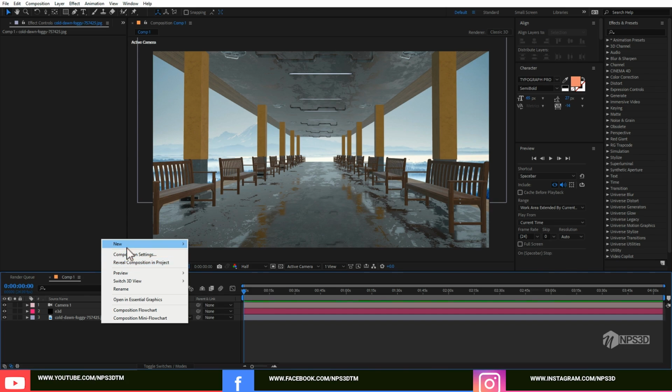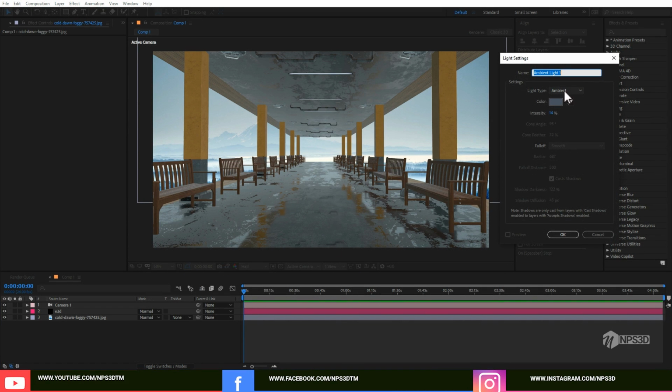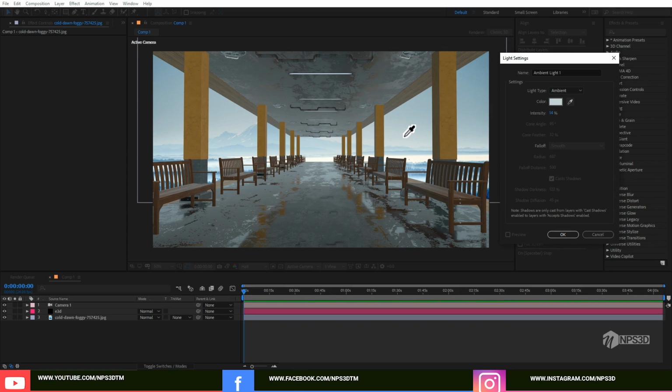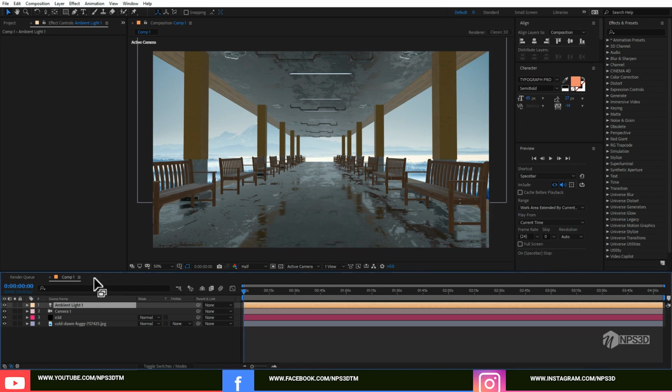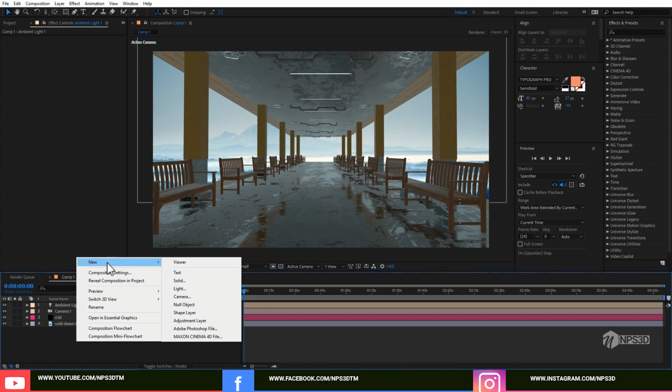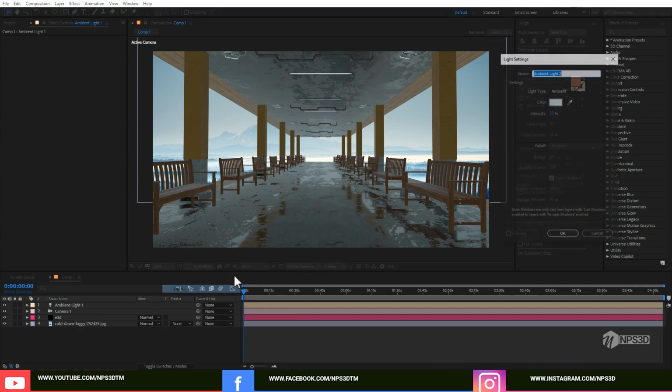So let me create one light, and this is going to be an ambient light. The ambient color should be something hazy, right? So 14 or 35, it depends on the scene. Let me work with 35, and if we think we can, we can also decrease or increase it later. So make one more light, and this is going to be a parallel light, and the color you can see